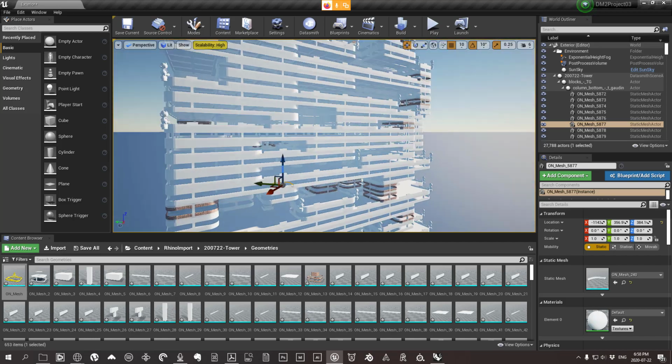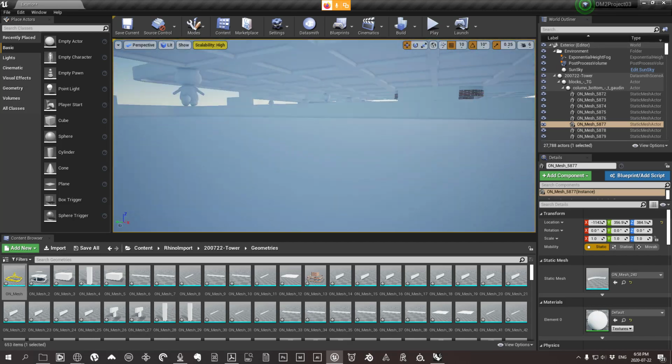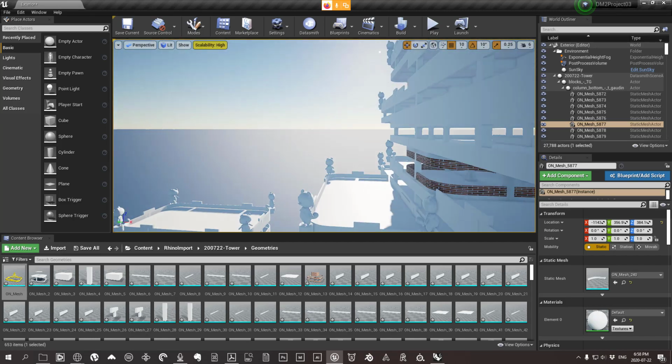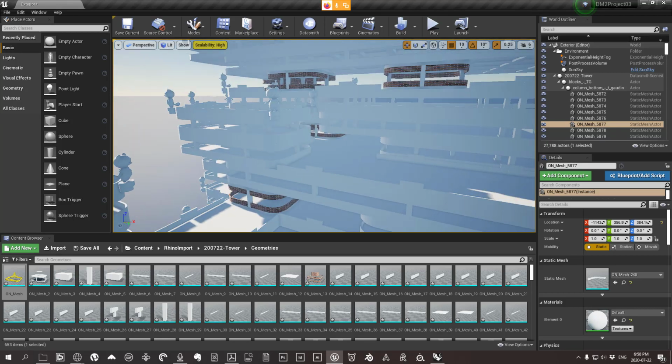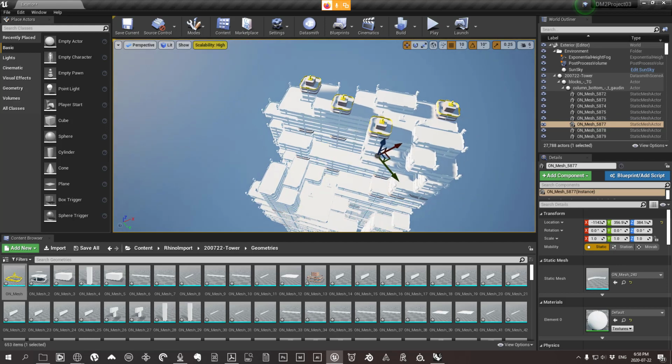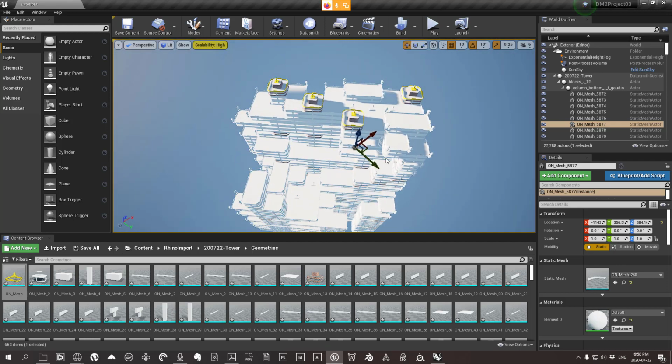It's the same with Enscape. The first time I started using Enscape, I just spent a couple hours flying around, and it's pretty fun. So you can kill a lot of time this way. Anyways,